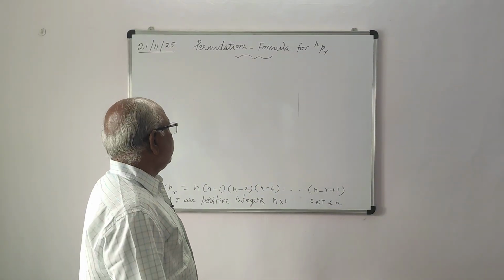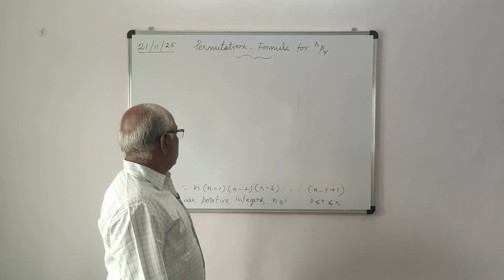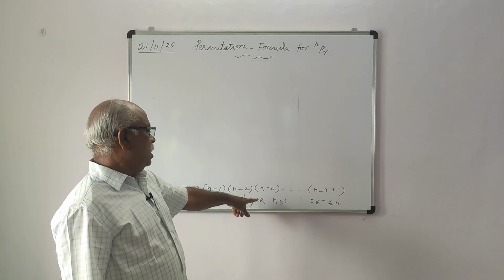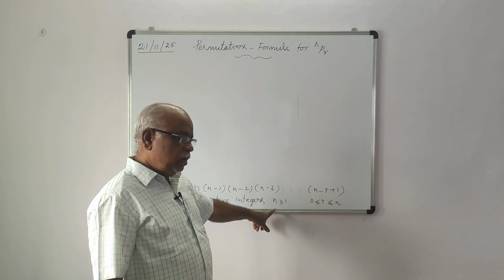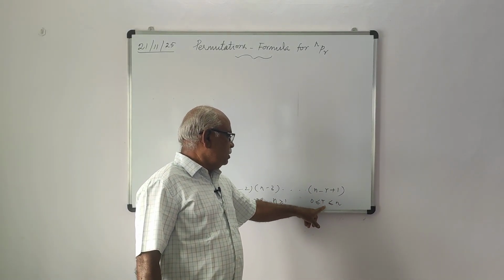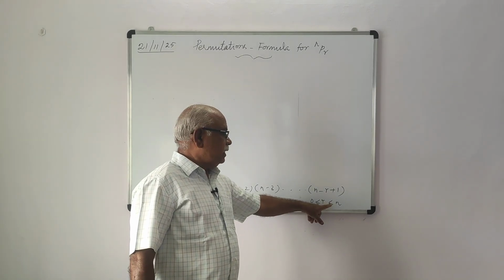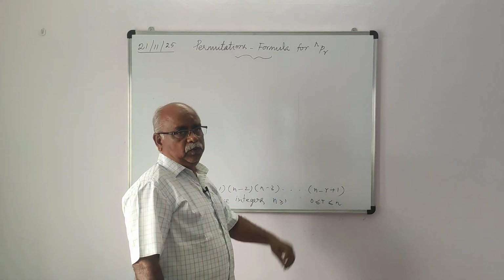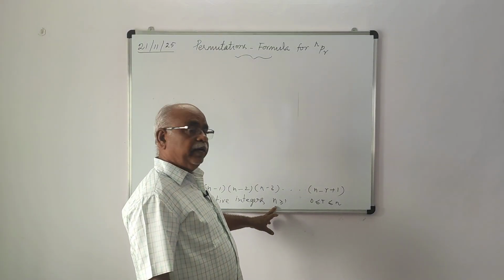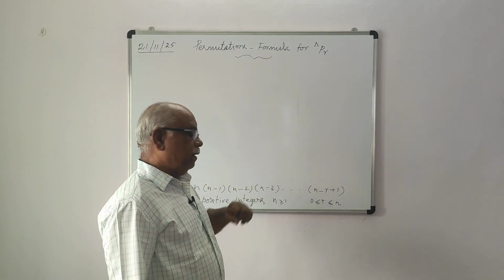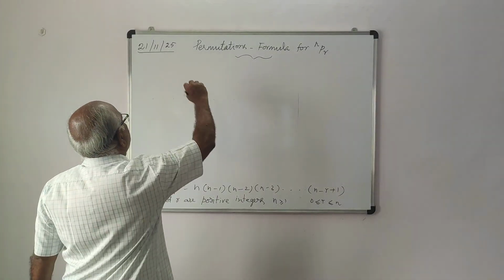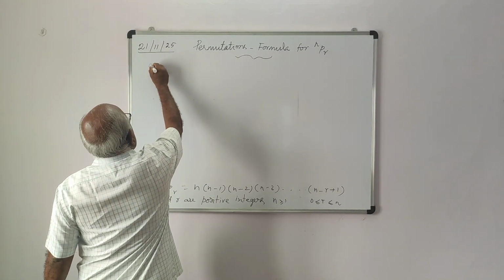See, I am going to derive the formula for nPr now, where n and R are positive integers, and n is greater than or equal to 1, and R is greater than or equal to 0, but less than or equal to n. That means R is positive always. N should always be greater than or equal to 1. So we have to derive the formula for nPr. By the definition,